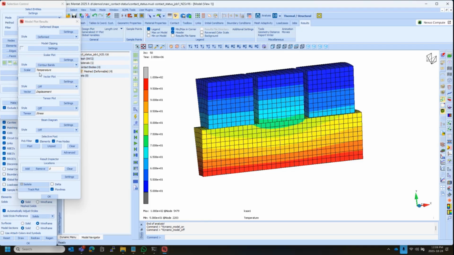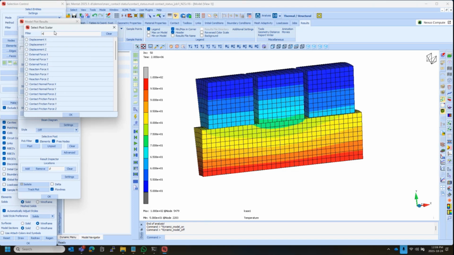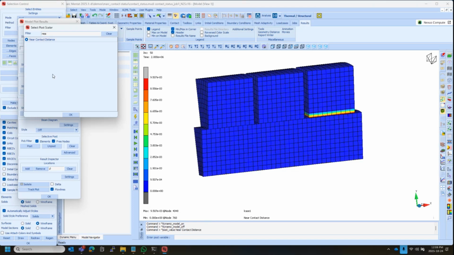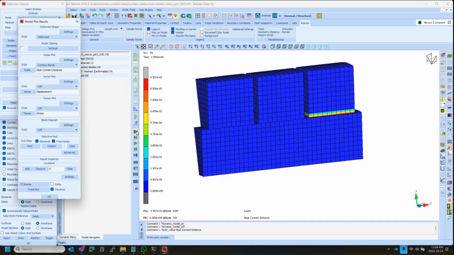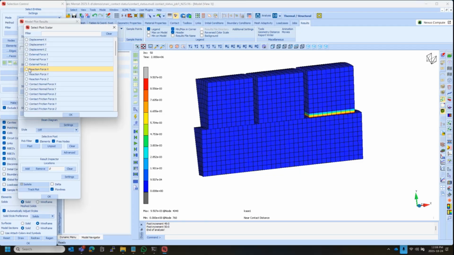Now, by the way, there is one additional result. You have to ask for it. There's a near contact distance as well. So in this case, it will tell me what that distance is. So these started with a gap of 0.01, and as it heated up on the inside, that actually closed down a little bit. Now, something that's not that obvious from this is if I look at the contact status,